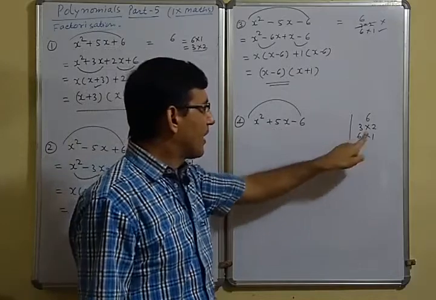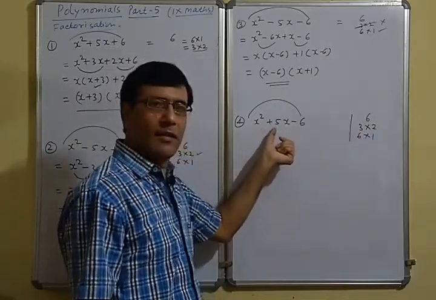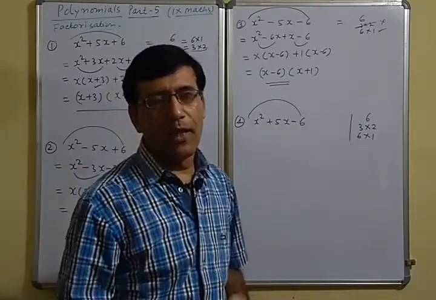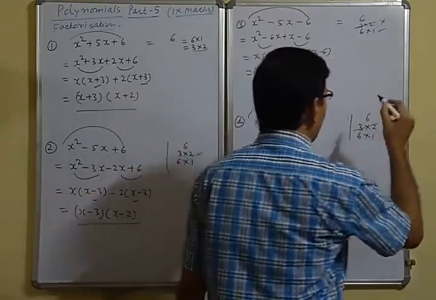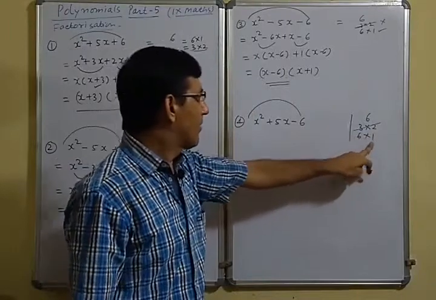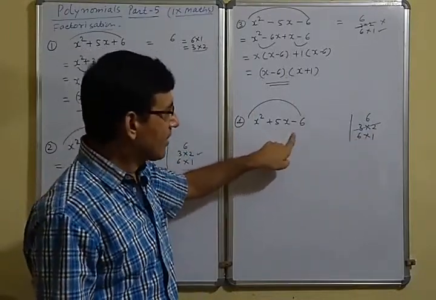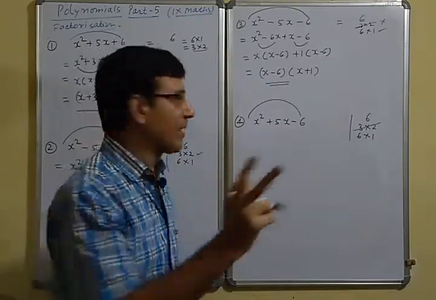So plus means if you take 3 and 2, x square plus 3x plus 2x minus 6, 3 positive and 1 negative. So that means we cannot factorize by taking 3 and 2. So cancel out 3 and 2 and now take 6 and 1. If you take 6 and 1, it becomes plus 6x minus x minus 6. So 2 positive, 2 negative. So now we can factorize it.